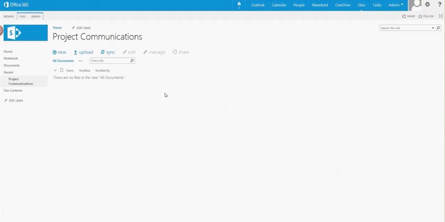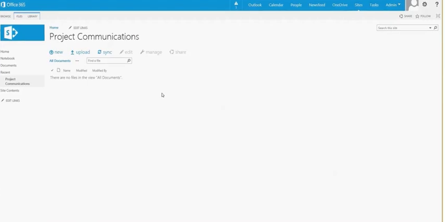So the primary difference is total amount of storage space. In OneDrive, an individual user has the ability to store up to a terabyte of information. Within SharePoint Online, a site collection has the ability to store up to a terabyte of information. So if your entire site collection exists as a single document library, certainly you would be able to use it that way. But the idea behind SharePoint Online is not just to create a singular document library, but provide a collaboration platform